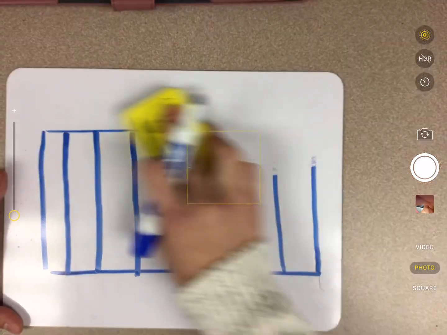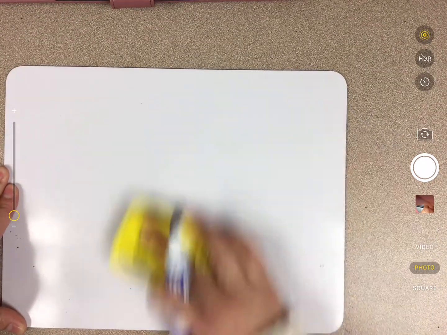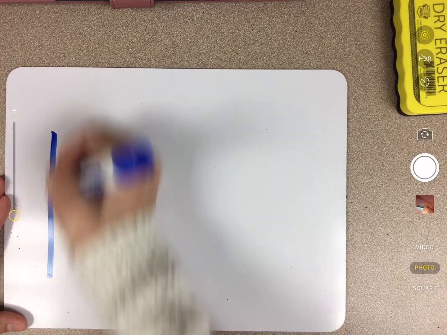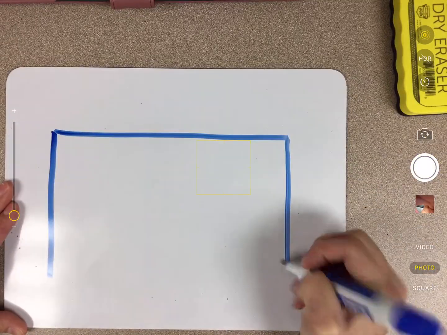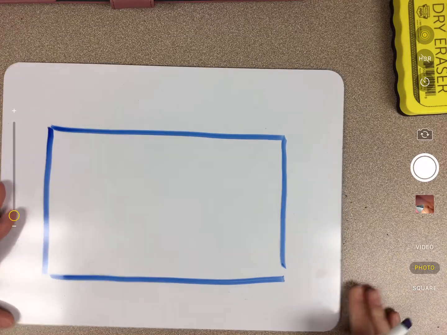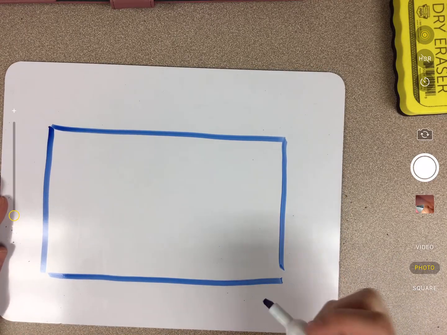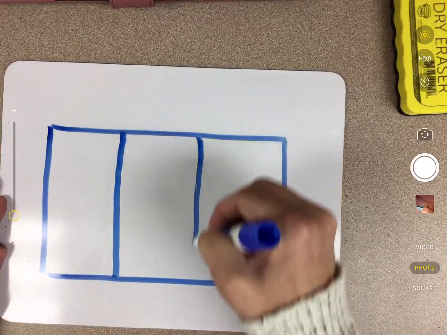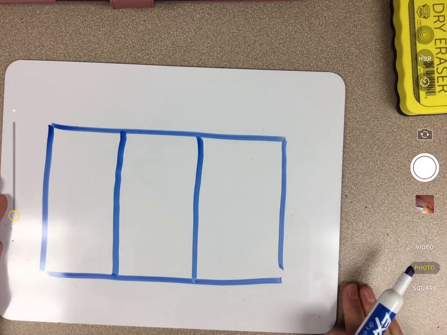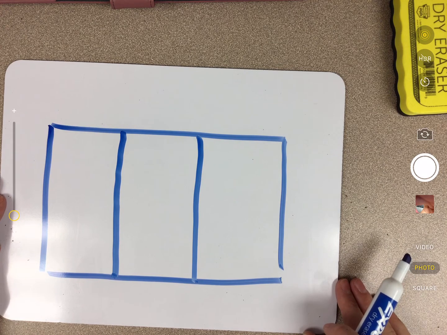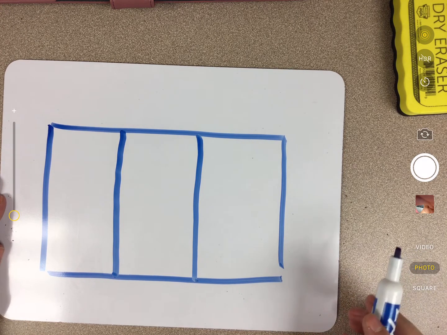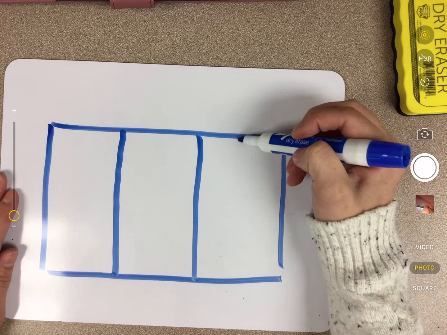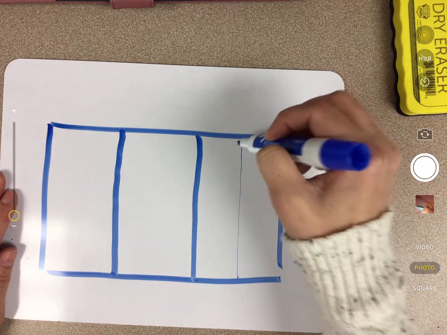Good. Now, I want you to erase your rectangle, and I want you to draw another rectangle like this. And I want you to divide it into thirds. Now, how can we get this divided into 6 parts? You can divide each part in half